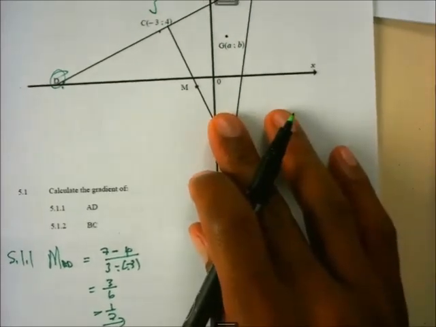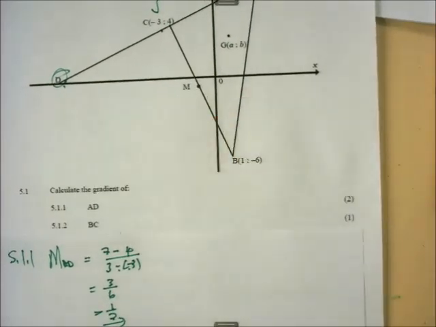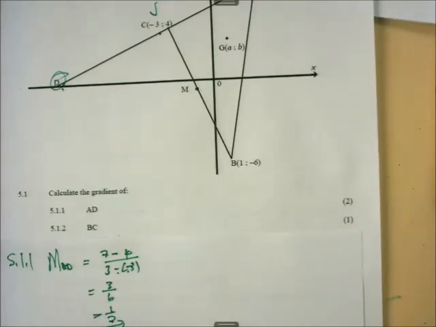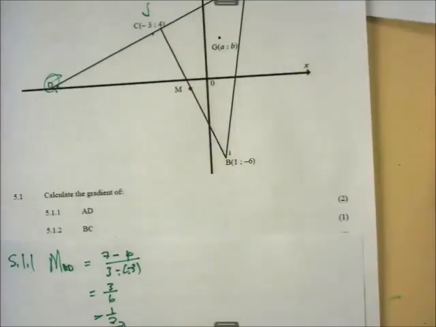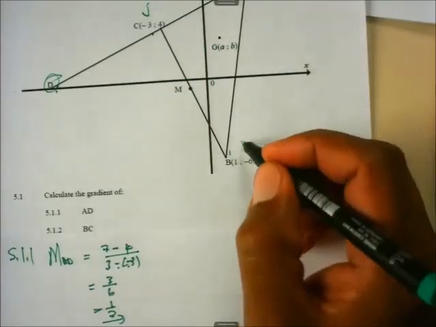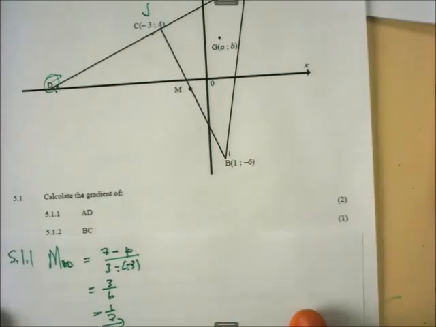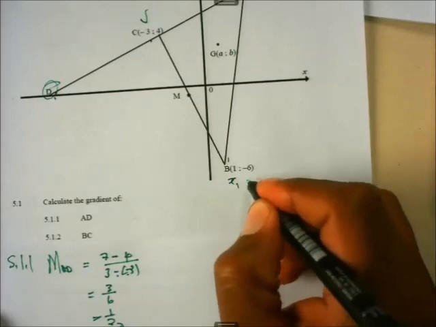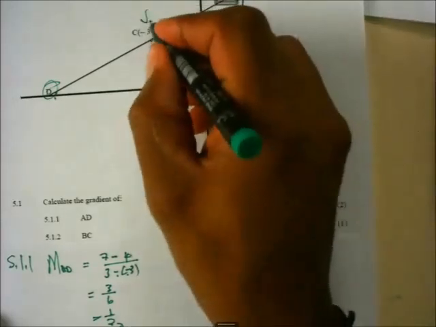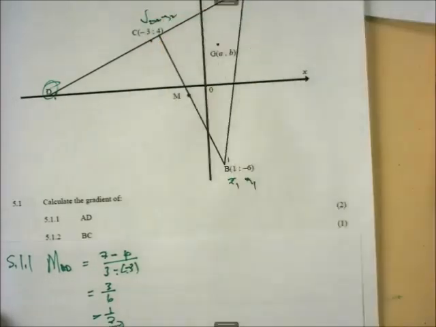The next question says now, you determine the gradient of BC. Determine the gradient of BC. Where is BC? Here is BC, right? You can see the BC there. Do we know the coordinates of B? Yes, we have the coordinates of B as well as the coordinates of C. Of course, now I can now say x1, y1, and now x2, y2. Right, now